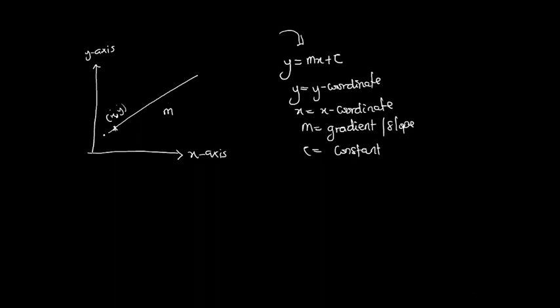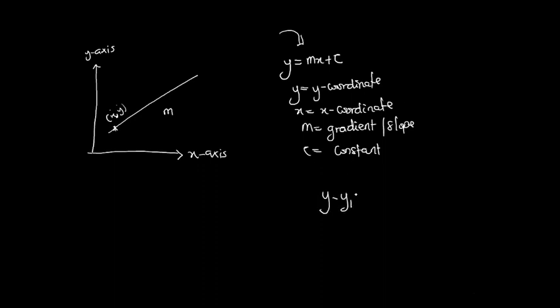Right, so in the first case, if you are using this formula, you only substitute the value of x and y into this equation to find a constant, and then you substitute it back to find the equation of the straight line. Or another way you can find the equation of a straight line is to use the equation y